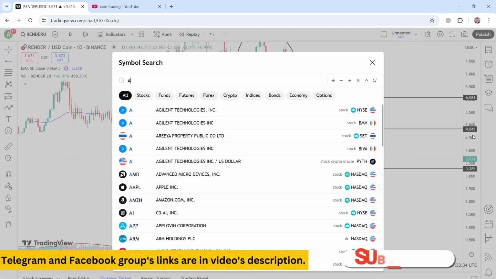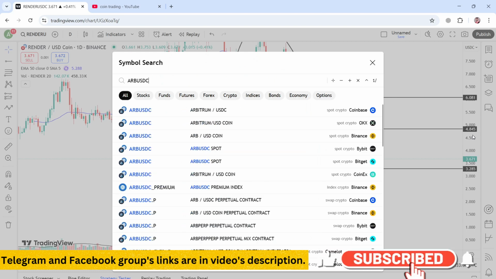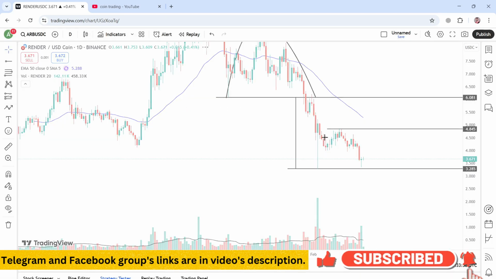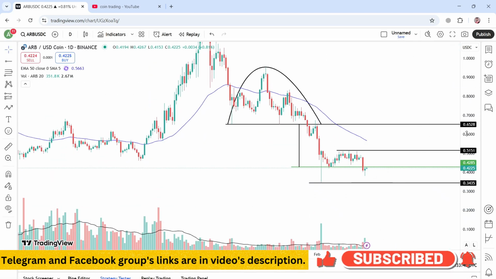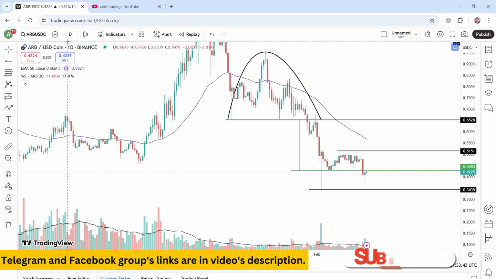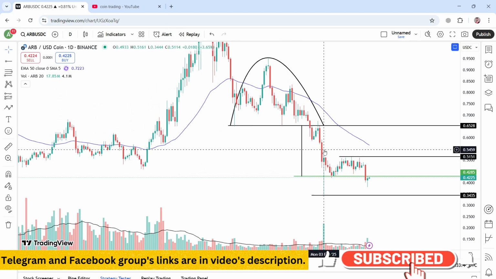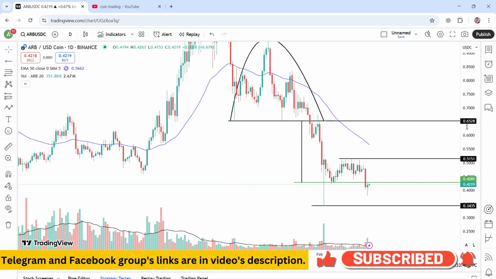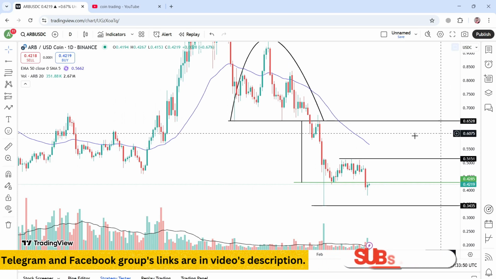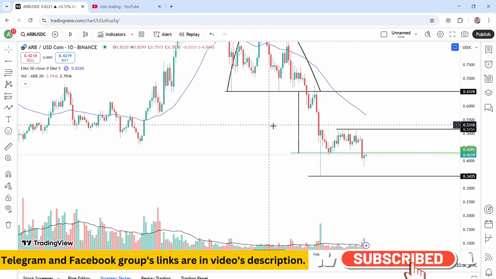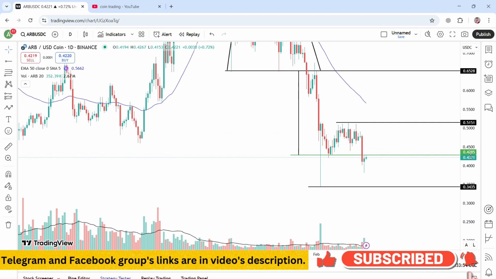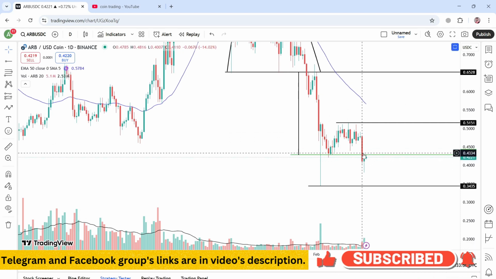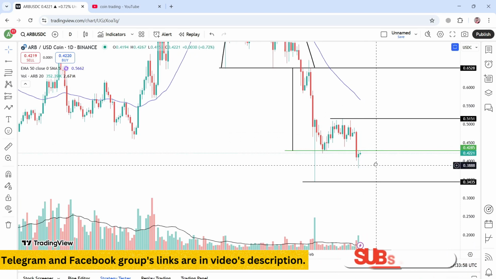The next coin is ARB. So if we look at the ARB against the USDC on 1 day time frame, currently it is moving in its downtrend, where it gave the breakdown of this arc formation when it gave closing below 0.6528 in this candle. After that, it exposed the final target of 0.4285 that has already been achieved in this candle, and currently prices are moving at